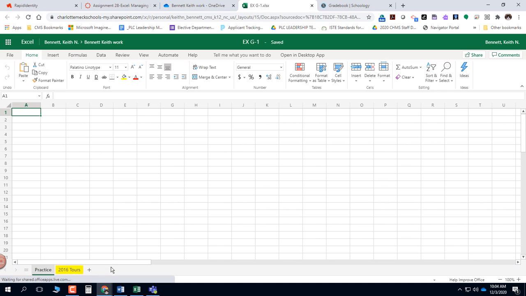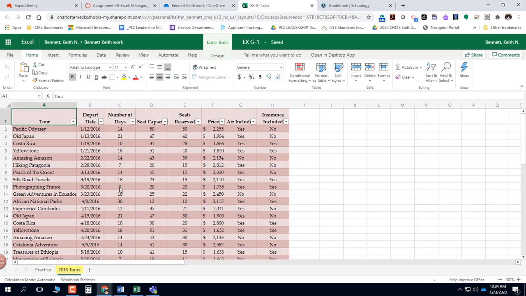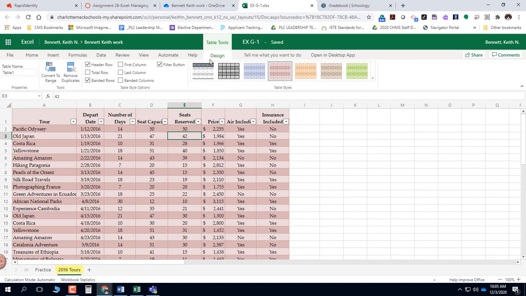And there are two worksheet tabs down here, and what I want to do is to click on this yellow one first, because it will help me to explain what we're doing with a table. Now this is a table that has been created in Microsoft Excel, and not only does it physically look like a table, but it has the functionality of a table as well. If you look up here at the top, if you have created a table and it has the functionality of a table, you're also going to have a Table Tools Design tab up here, and you're going to have some features that are